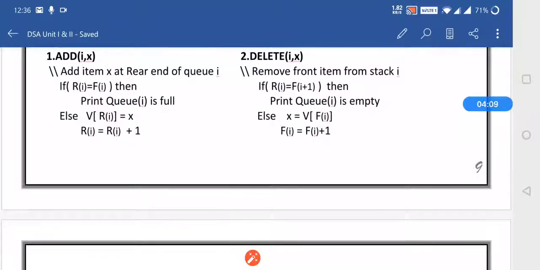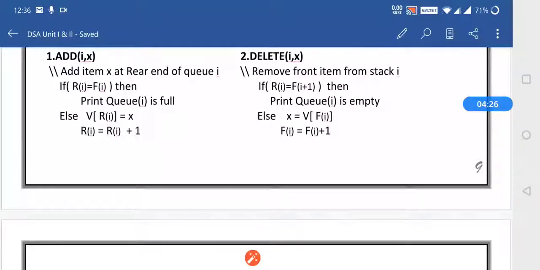So first we will always check if they are equal. If yes, then there is no space for inserting the element. If it is not full, then we can insert the element from the rear end and rear will be incremented to rear plus 1.